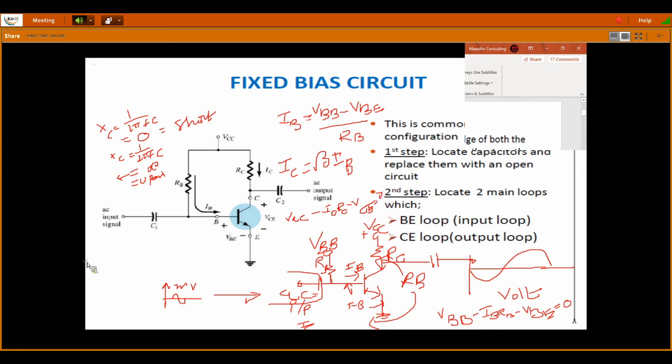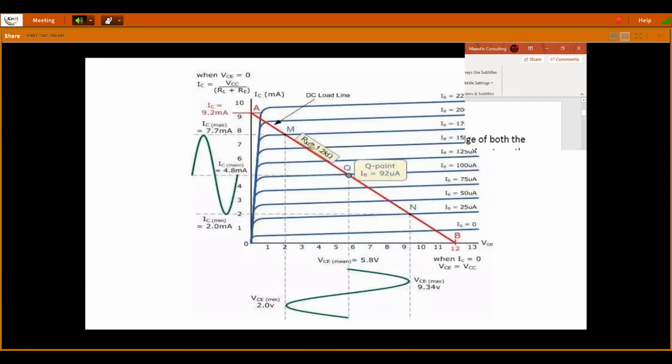So from this, you could find the collector current IC is equal to (VCC minus VCE) divided by RC. So here also the output collector current depends on your collector resistor as well as the fixed value of your VCC. So here the collector current or the output current is dependent on your load resistor, hence we named this line as a load line.